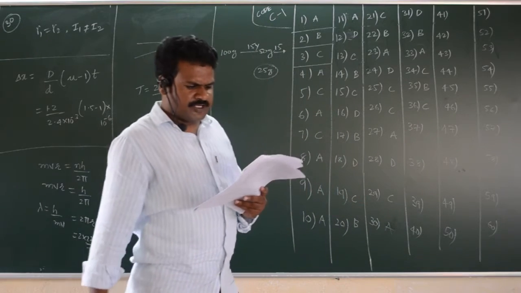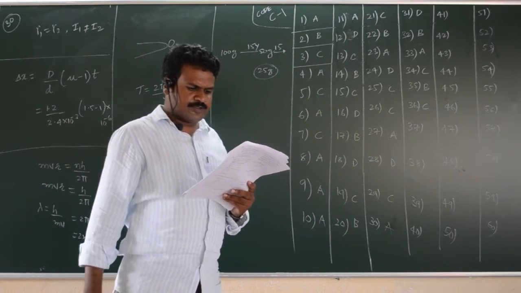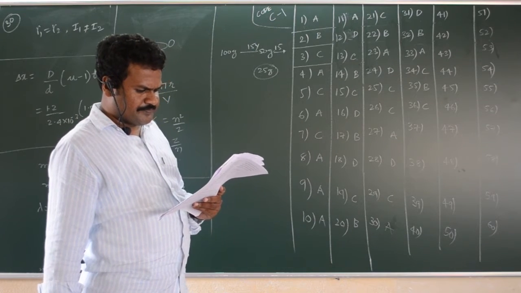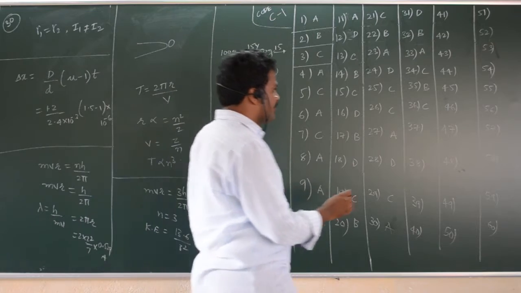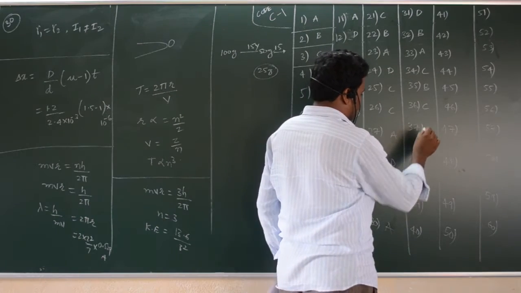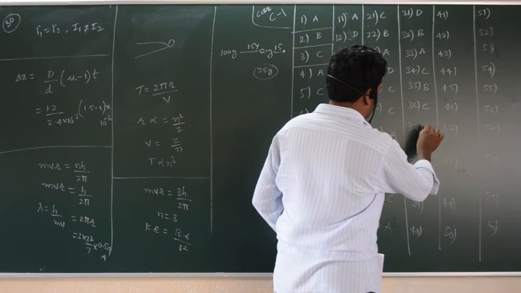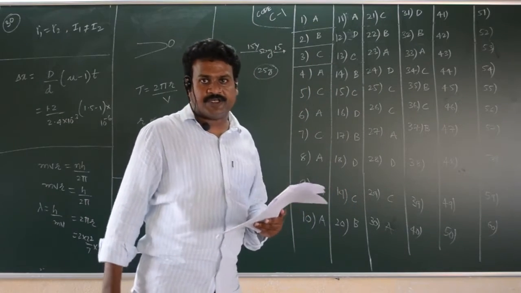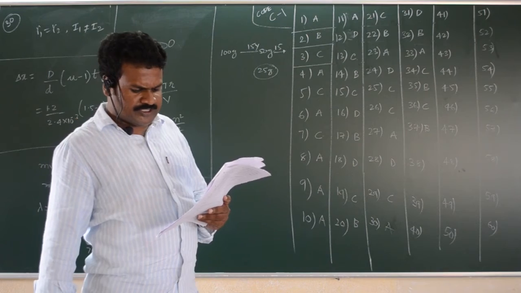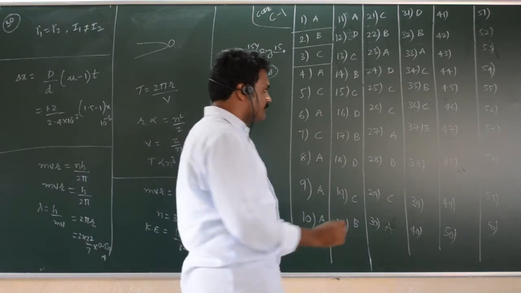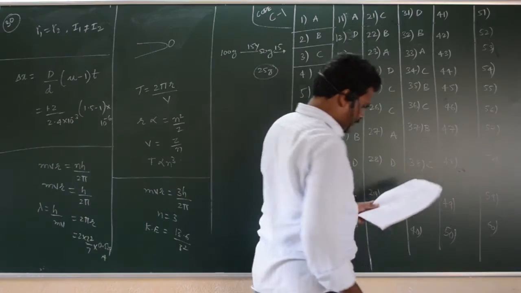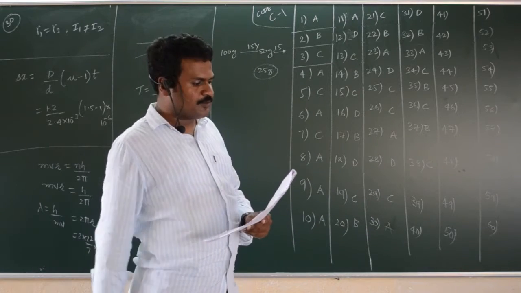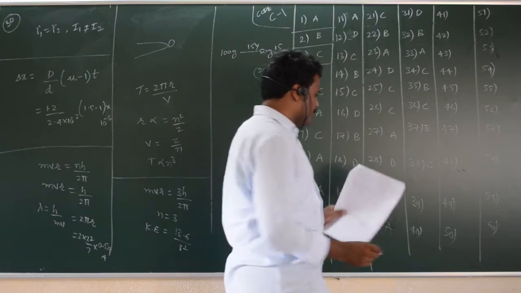Here electromagnetic force will be greater than nuclear force. Therefore Fe is greater than Fn, that is B. Question number 38, in beta negative decay, a neutron in the nucleus decays emitting an electron. This is C. Question number 39, the vacancy created is called a hole. So 39 is also very simple, it is B.